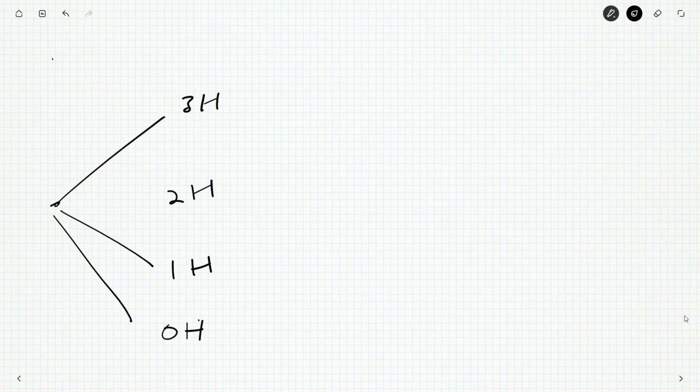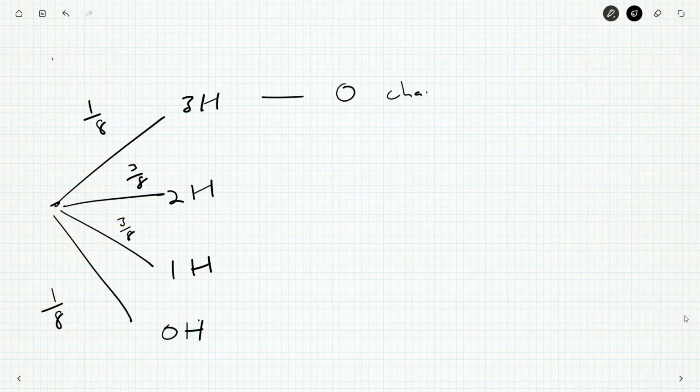Okay, so 0 heads is the same as 3 tails. There was only 1 out of 8 chances of that happening. 3 out of 8 for each of these middle ones, and 1/8 of a chance of getting 3 heads. So in the first instance here, the 3 heads, that means George has 0 coins. So I'd probably just say something like 0 chance